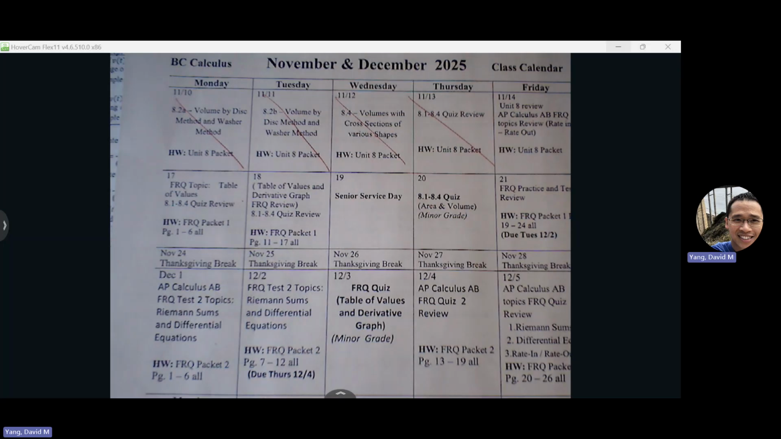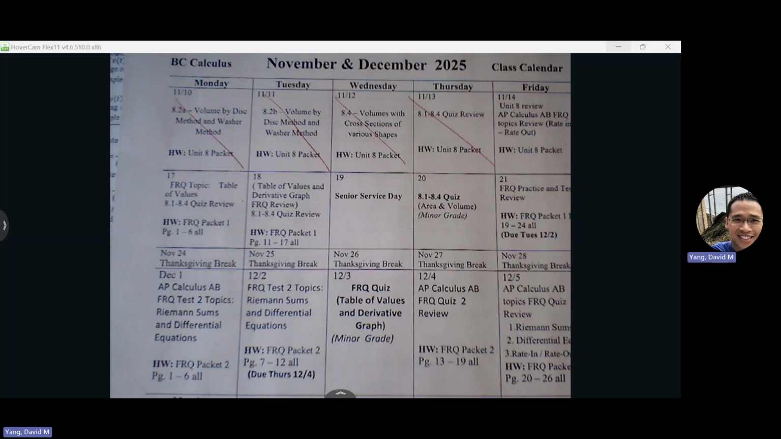Wednesday is Senior Service Day. Thursday will be your quiz, your area volume quiz. It will be a minor grade. And then Friday, we'll continue reviewing this table of values FRQ that we're going to take after the break. So after the break,